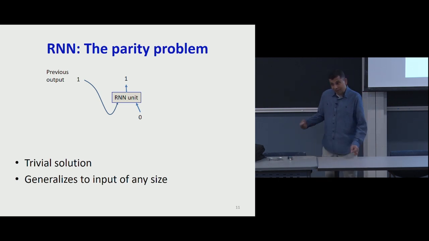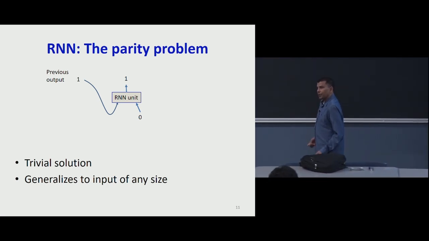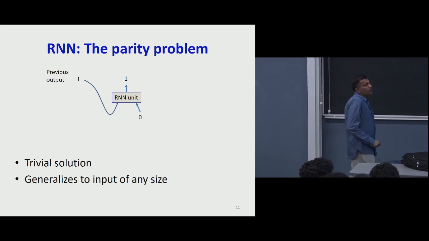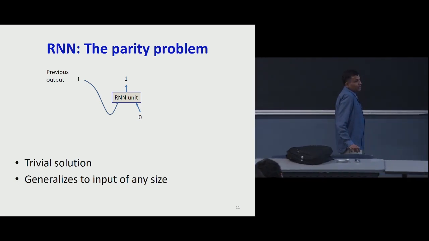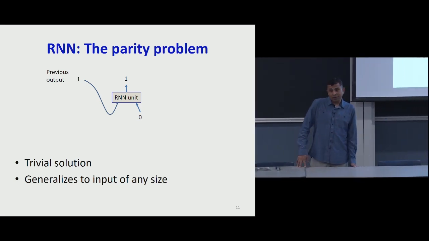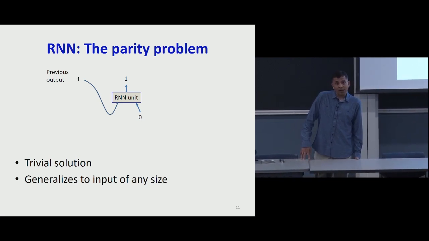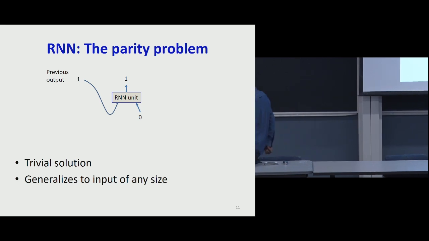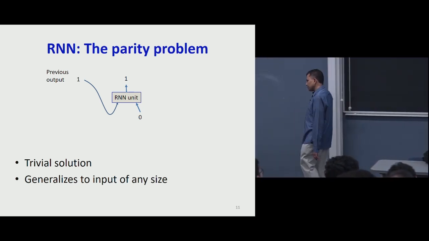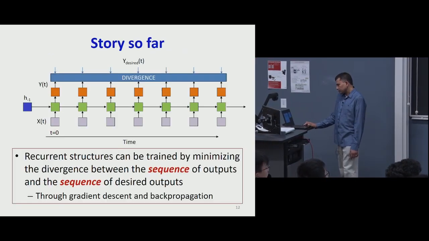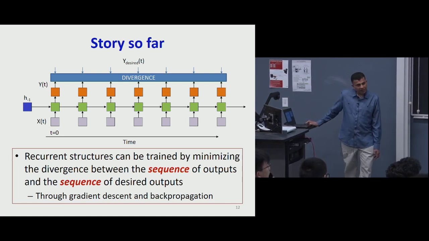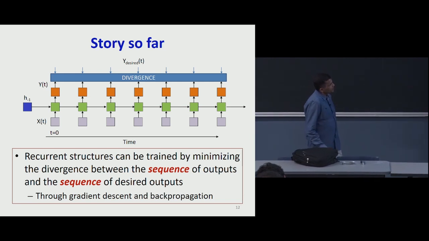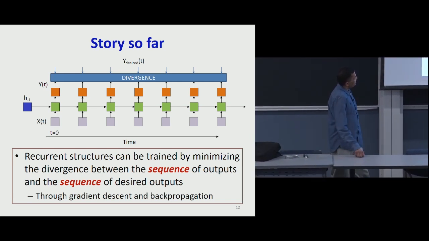So you can see that recurrence is very powerful. You can take even what look like static problems, and if you deal with them using recurrence, then you can actually end up with far simpler structures than you would if you actually wanted to operate on the original static problem, right? So that we've seen. Anyway, continuing with the story so far, recurrent structures we saw can be trained by minimizing the